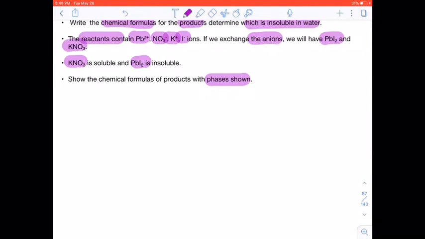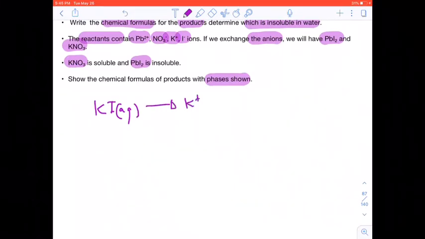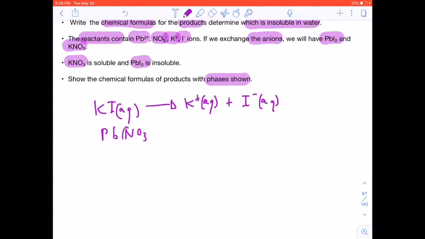So we say, all right, we've got potassium iodide, correct? And it's in aqueous solution, which means it's soluble. So what do we have? We have K plus ions, correct? Plus we have I negative ions, right? And then we have lead nitrate, which is Pb and NO3 minus ions. So we've got lead nitrate, that's its formula, and it's aqueous, and that gives us